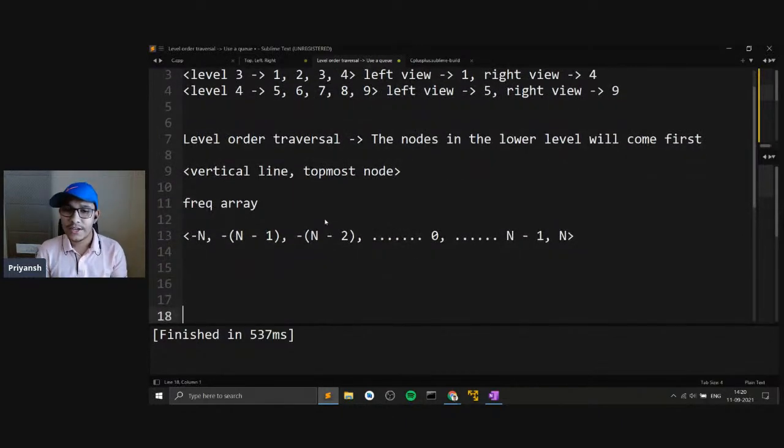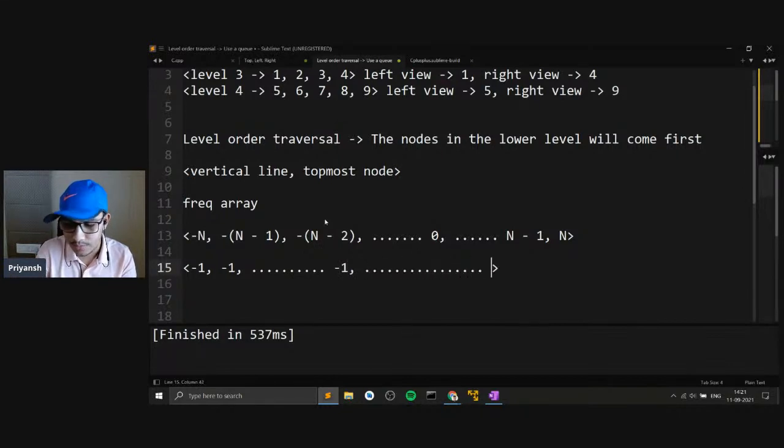Right, so these are the vertical line numbers. Can you understand that the number of vertical lines we can have is at max 2n? Even if we have something like a totally skewed binary tree, we would have these vertical line numbers. We cannot have more than 2n vertical line numbers, right? And for every index, we'll just be storing -1 right now. What will this -1 be telling us? This will tell us that this node hasn't come till now,